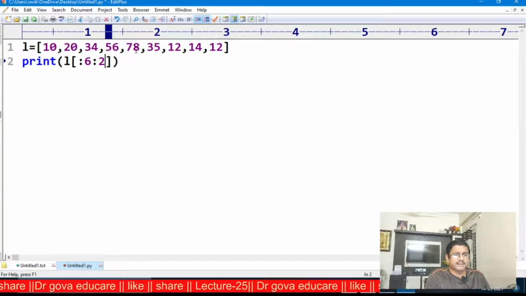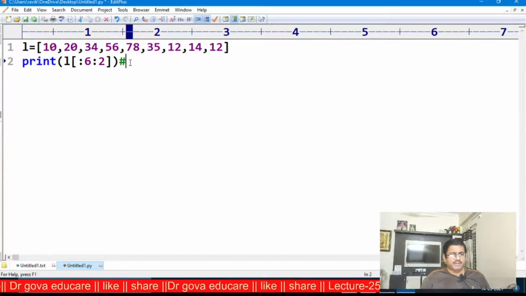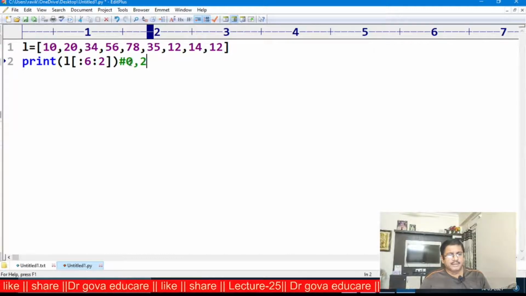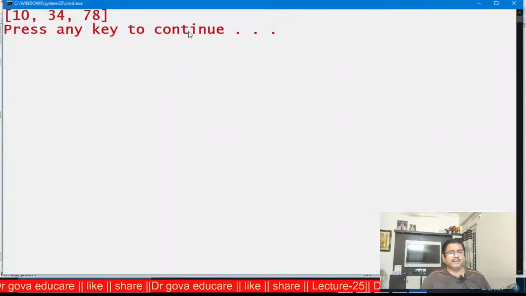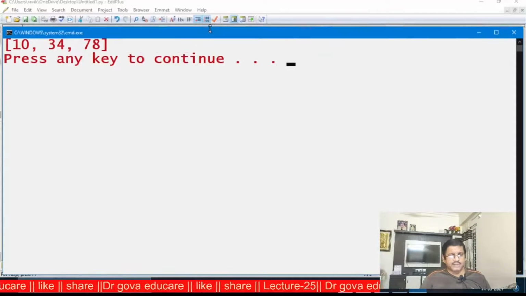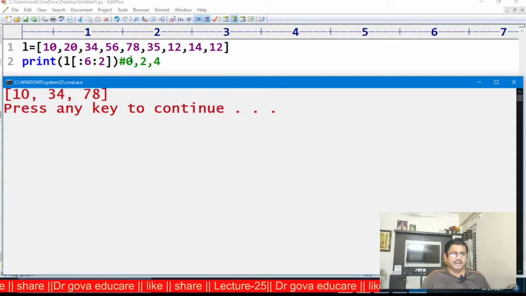That means 10 is the 0th index, the second index, the 4th index. The 6th index is out of range. Only the 0th element, second element, and 4th element will be displayed: the 0th element is 10, the second element is 34, the 4th element is 78.